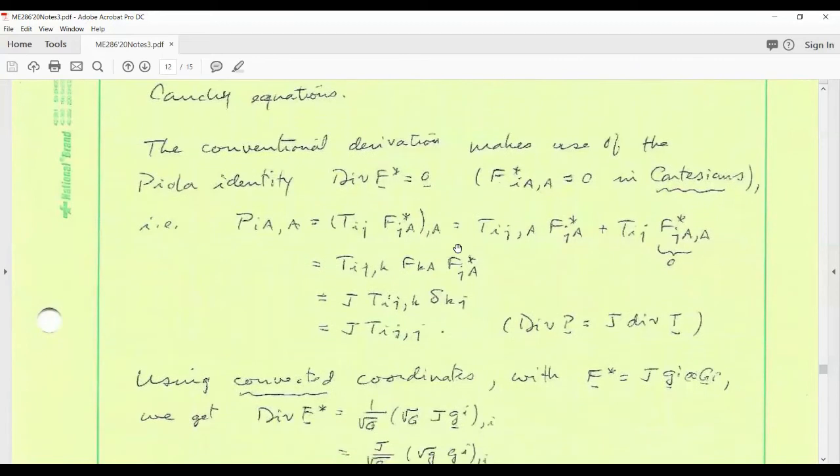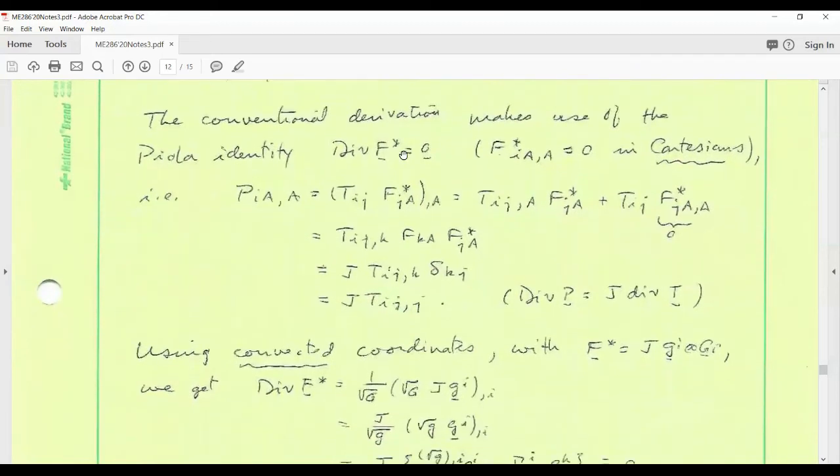The usual derivation of the Piola equations from the Cauchy equations makes use of the famous Piola identity, the divergence of the cofactor of F equals 0. In Cartesians, such as you typically use in a course like 185, 287, that just reads this, where you have Cartesian coordinates small xi, referential Cartesians capital XA. This would just be the component form of this. And then the referential divergence of Piola, put in Piola in terms of Cauchy, take the referential derivative, distribute the derivative, you get this. This then would be 0 by the Piola identity. F star is,